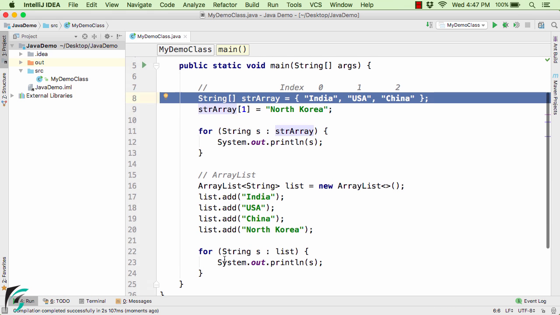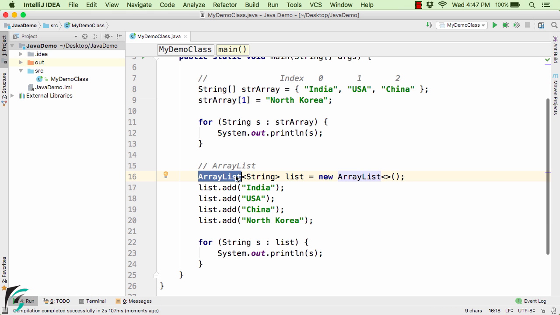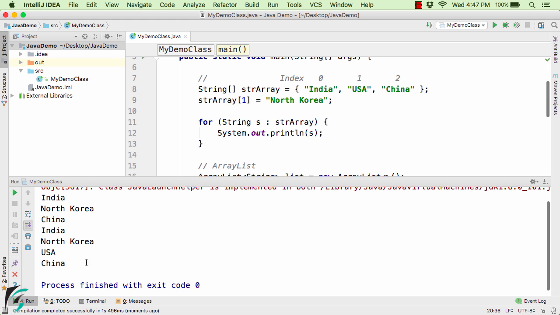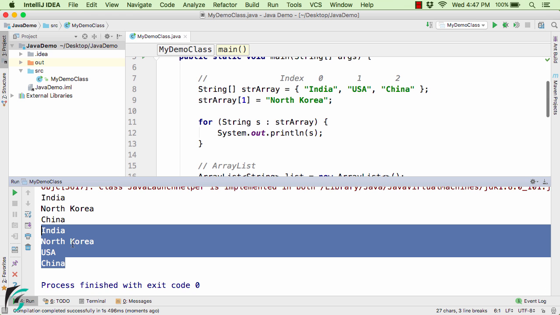So now we can notice in case of an ArrayList, it is actually a dynamic array where you can add elements, and by default the element will be added at the end. And now suppose I add the element at the 0th index, or let's say first index, then let's see what happens. So here we can see in the output, we have simply added North Korea at the first index, that is right after India. So the USA element has been pushed to the right. That is, the USA now has the second index and China has been pushed to the last.